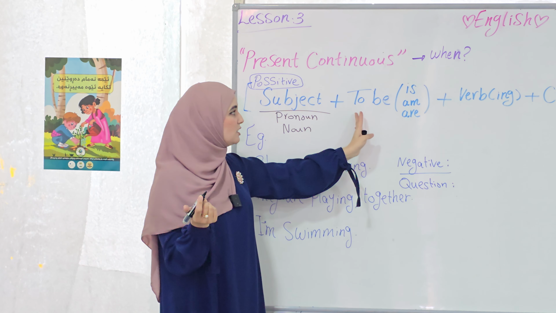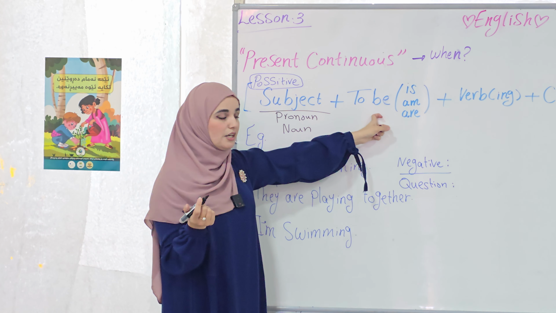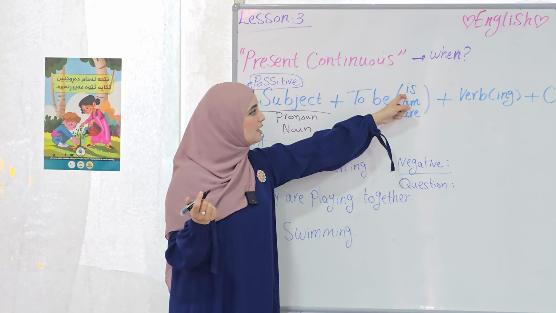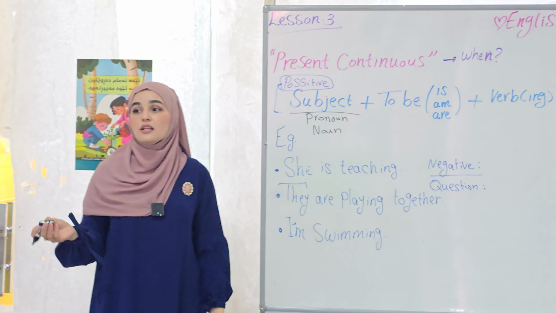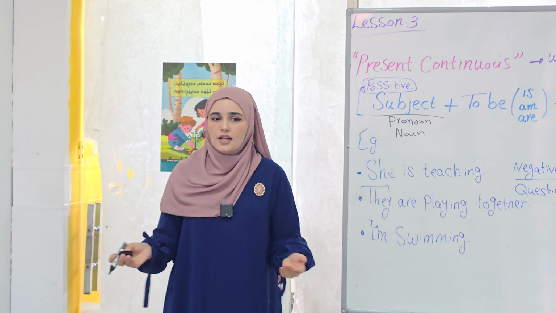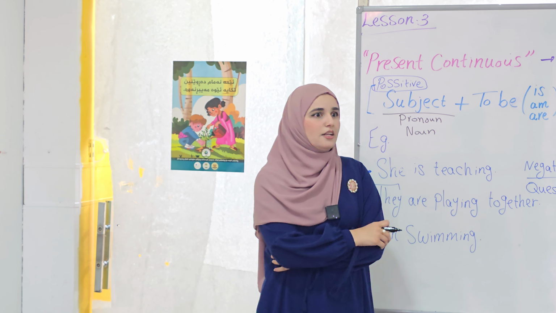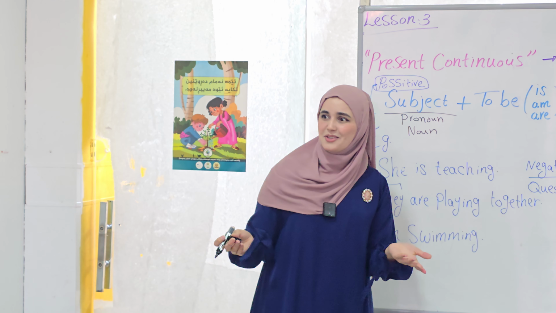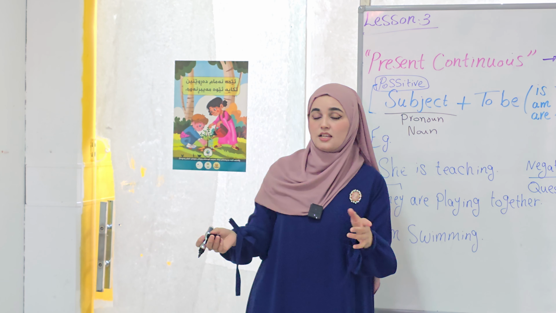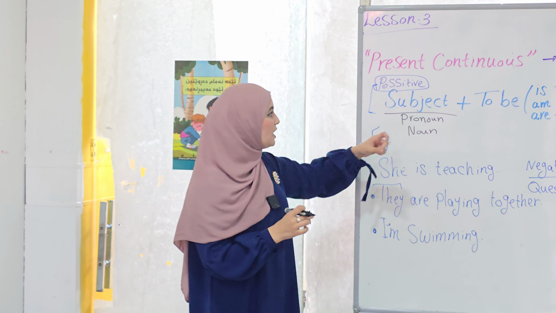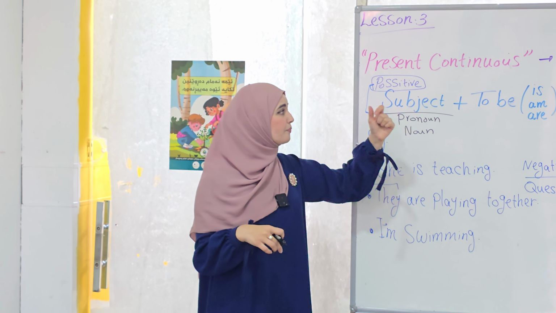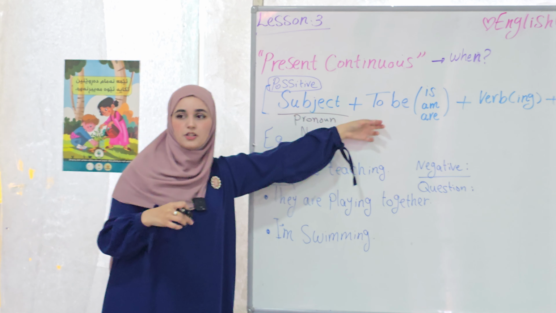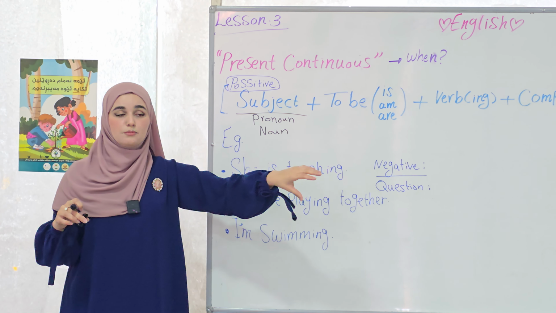Then we have the verb to be here, and the verb to be we use is am, is, are, but you can't just randomly use them, right? I can't say she are eating. Like, what's that? She are eating. It doesn't make sense. You have to know that with each pronoun or each noun you use, you need a different kind of verb to be that's suitable for that place.